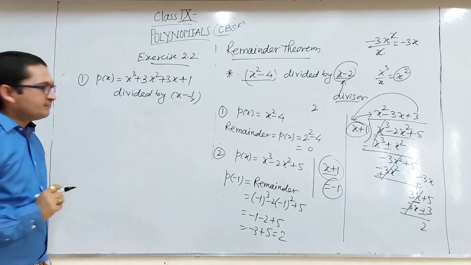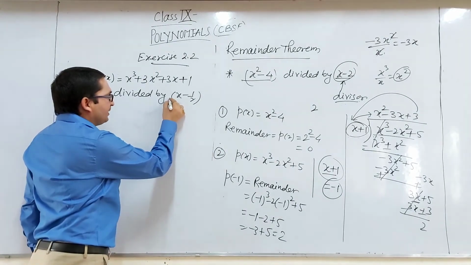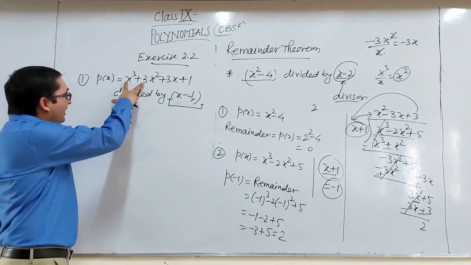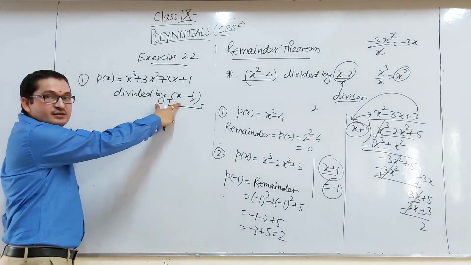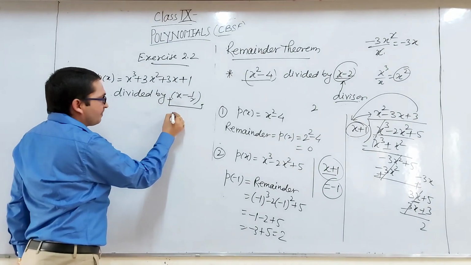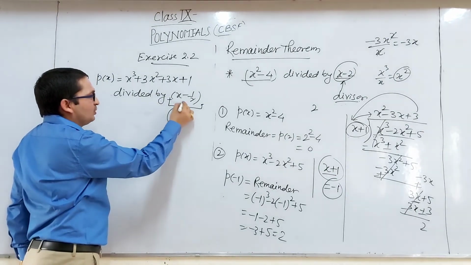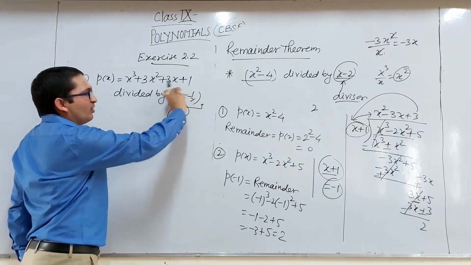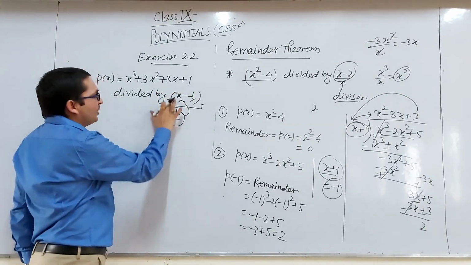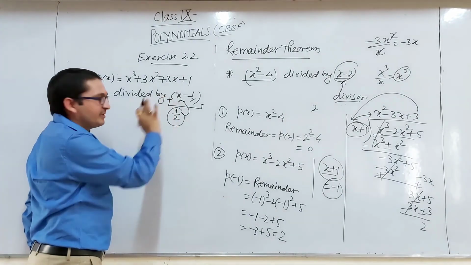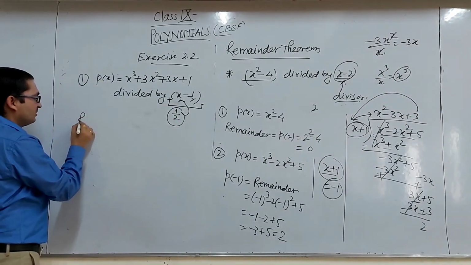What I told you, you need to find the zeros of the divisor. You are dividing this by this, so this is the divisor. What is the zero of the divisor? 1 upon 2. The reason is that if you put 1 upon 2 instead of x, this whole polynomial is 0. So 1 upon 2 is the zero of the divisor. So the remainder is what? The remainder will be